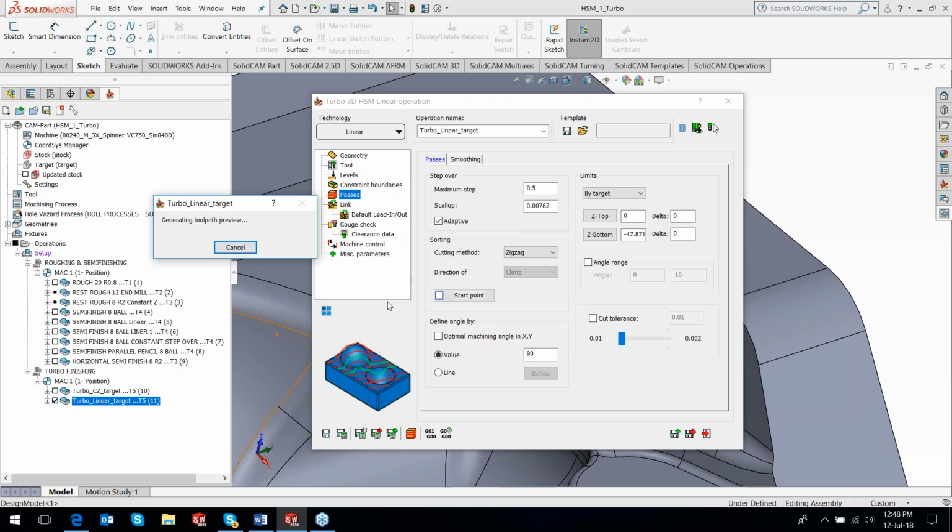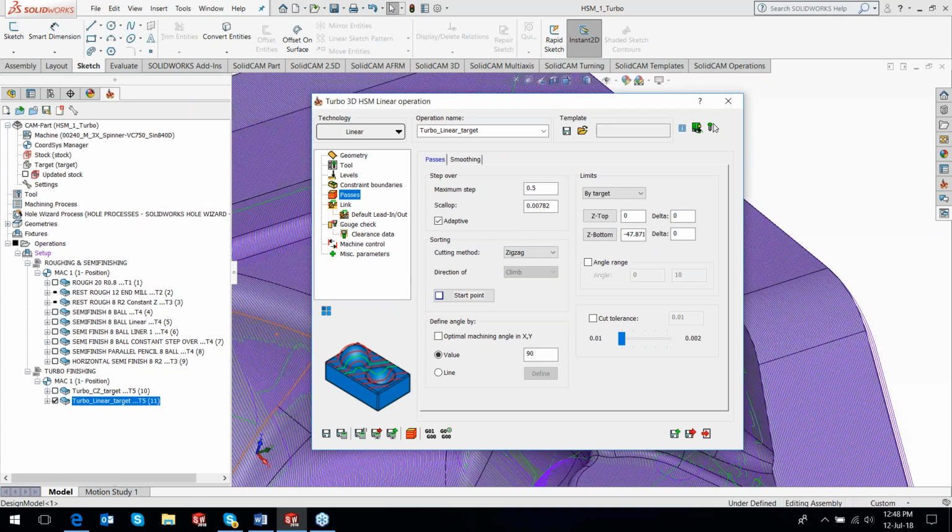Another very interesting thing that we have is that if I decide that I would like to go between 0 and 45, okay, then I can switch on an optimum machining angle here. I don't need to define 0, 90, 45, nothing. It will figure out areas where it could machine in a different angle and some other area in a different angle, which will give it a much better appearance, a much better finish. So if I run that,